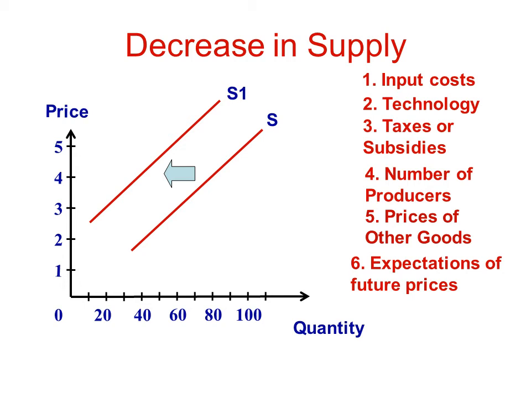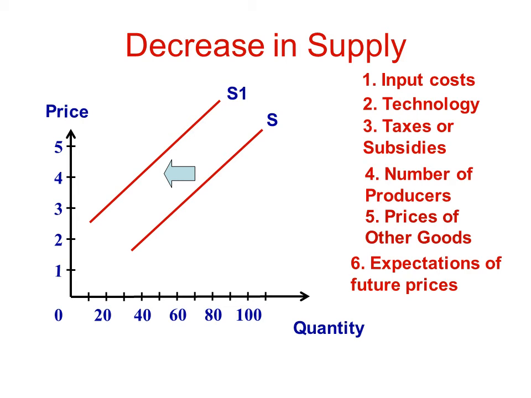Well, if a decrease in the price of resources increases supply, then any increase in the price of an input, a factor of production, or a resource will decrease supply. In the last slide, we talked about the change in the price of fertilizer and a decrease in supply. We'll assume the price of fertilizer goes up this time. Well, that would shift the supply curve to the left. So anytime a producer must pay more for a necessary resource, this will decrease supply, a leftward shift in supply